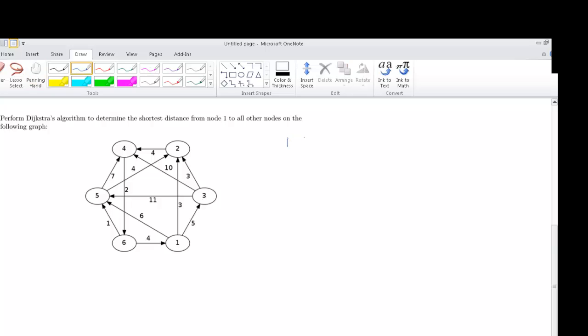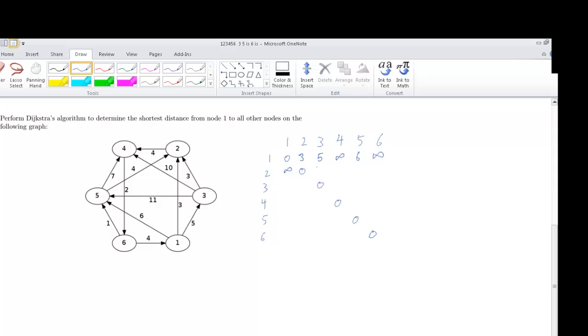So we'll begin by writing down all the nodes. We can safely assume that the distance from a node to itself is 0. From here, I'm going to look at where each of these nodes can traverse to. So for example, for 1, I'm going to see where it can traverse to, which is 2, 3, 5. And then I'm going to mark the weights under each column. So 0, 3, 5, infinity, 6, infinity,